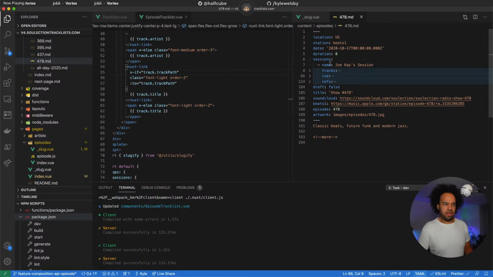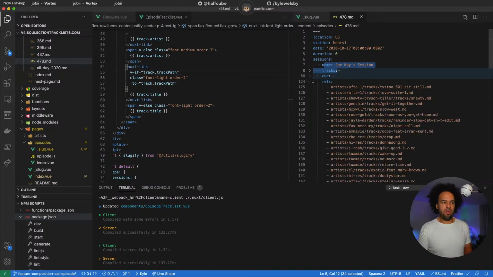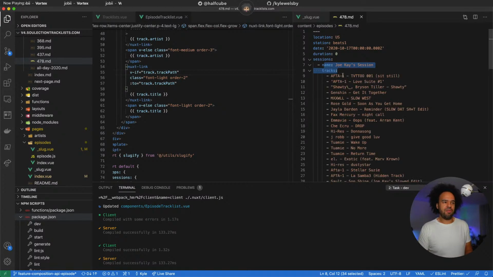This is a session, tracks, queues, and references, and those references are to the actual files, which will contain the title and the artist page and the artwork which goes with that. So this ref is very important, but if the ref doesn't exist, then we just do the split on this tag here, and that's good enough